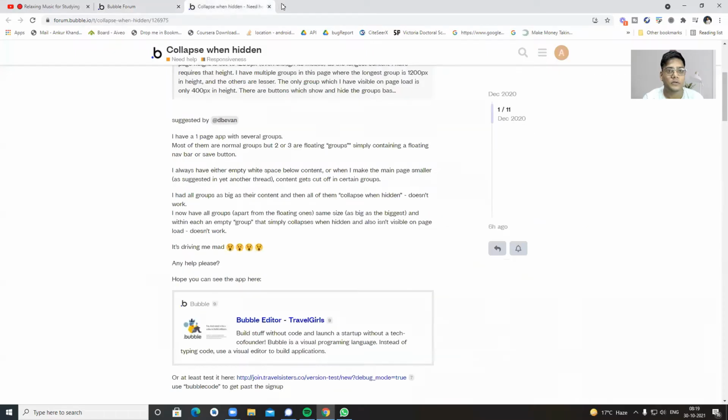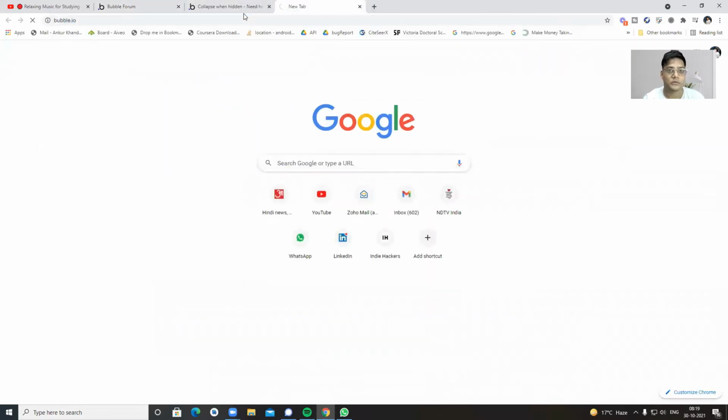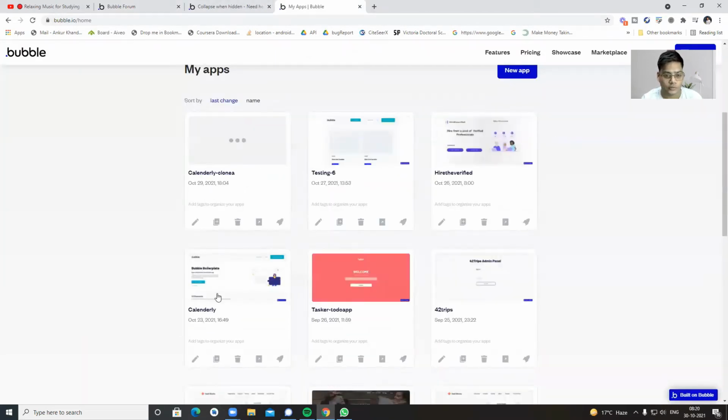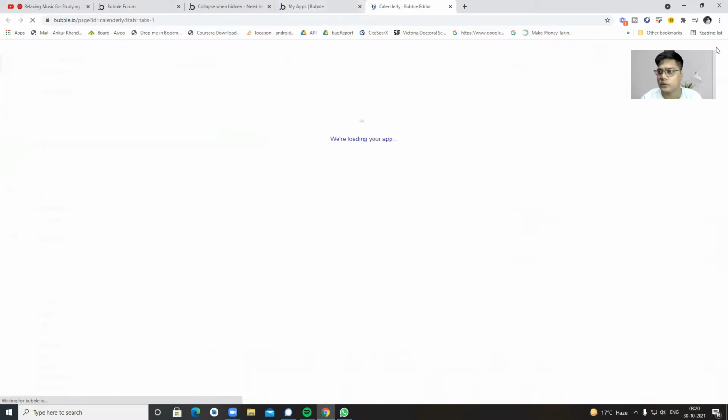So, to summarize, privacy rules are something where you are telling the software not to show this part of the database to every user, or depending on a condition. Let me show you where it is available. I just log in to my app. Just giving you the basics.